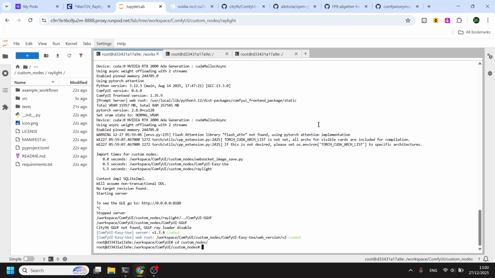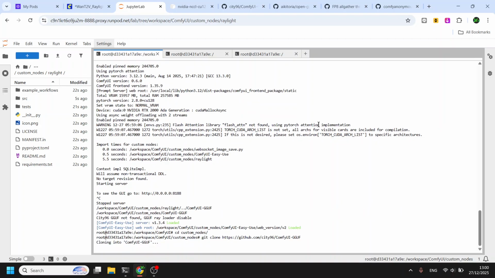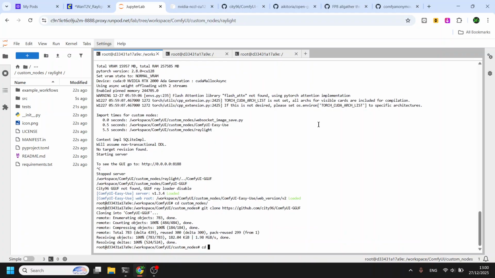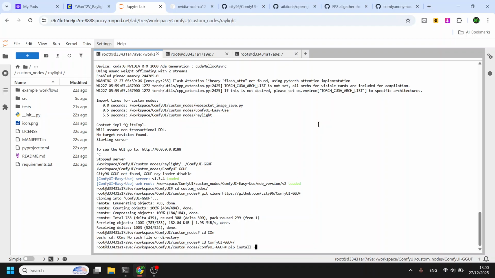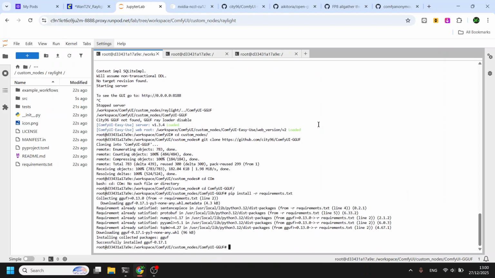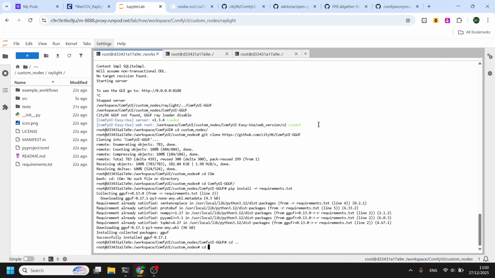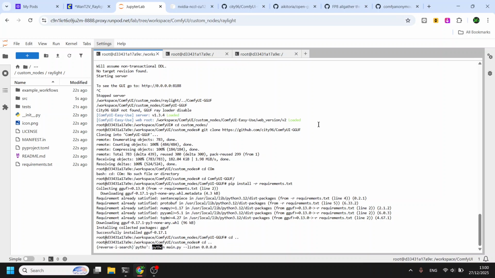We go to custom nodes and install ComfyUI-GGUF. cd ComfyUI-GGUF, and we are going to install the requirements for ComfyUI-GGUF. If you have already done this, it will already be pre-built on Raylight, but since this is a fresh install without ComfyUI-GGUF, we are going to install it. So let's run it again.